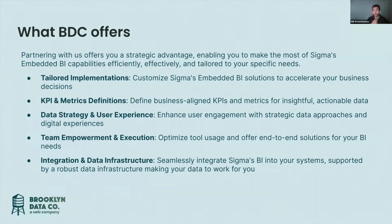And really what we do is we can do anything from like, hey, you have these tools that you want to get stood up, even super upstream to doing data strategy to say, hey, what are the key metrics? What are the KPIs we need to monitor to achieve these grandiose goals that we have at this organization? From there, we can even go in and say like, hey, what is the data strategy that's needed to build out these user experiences to really have a differentiated user experience and personalization, whether it be a differentiated digital asset